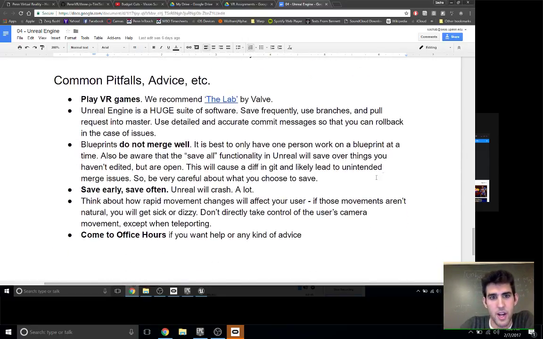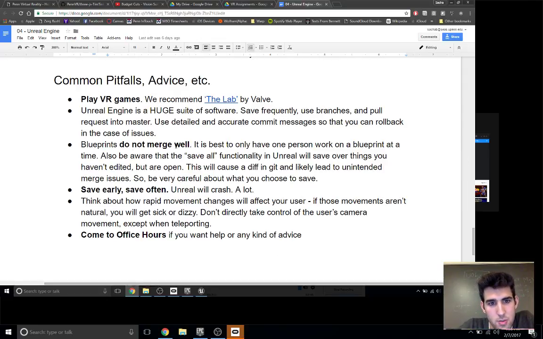Last thing before we go today, just a couple words of advice. There are things that we take for granted when we play games or have experiences in VR that you may forget about when you're developing. So it's always important to play what's out there as much as possible. Come to the lab, hop on the machine, I'll install Steam for you, and we'll give you whatever games you want. Just play it, have some fun, see what's out there.